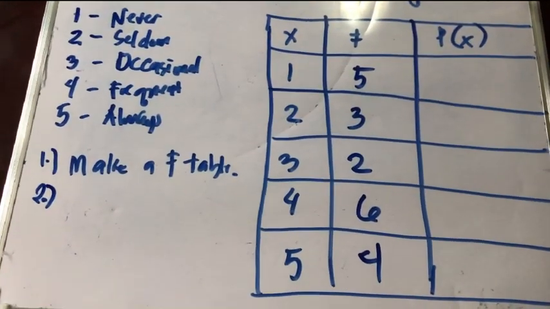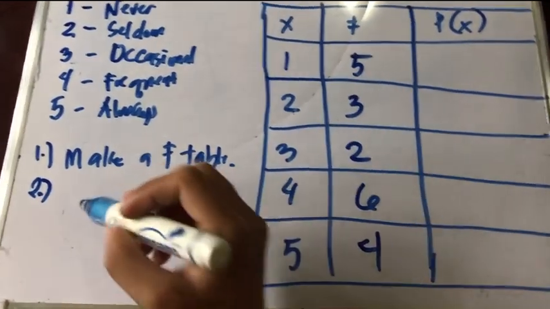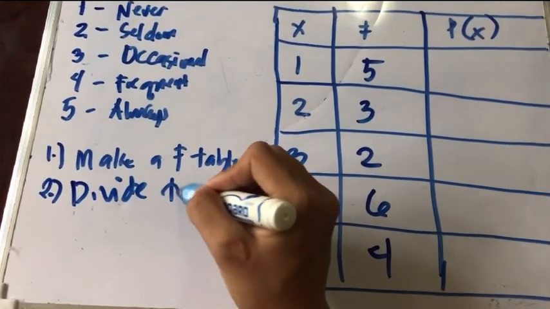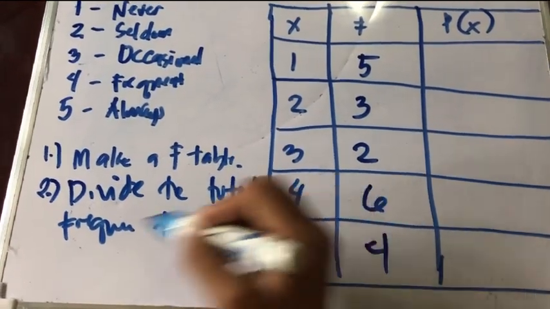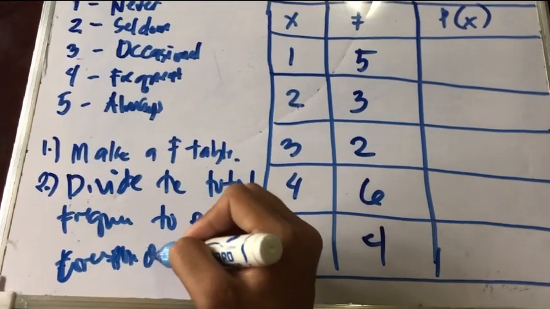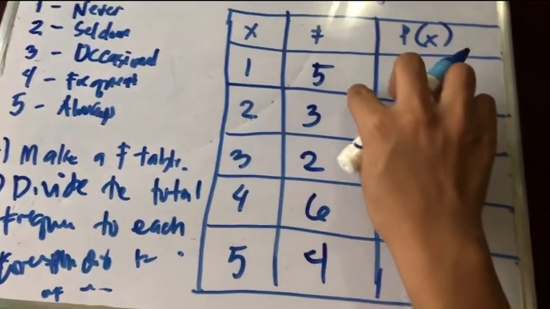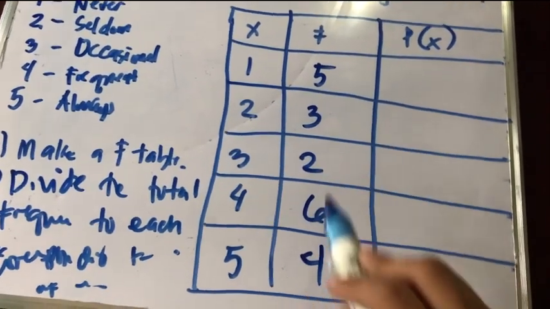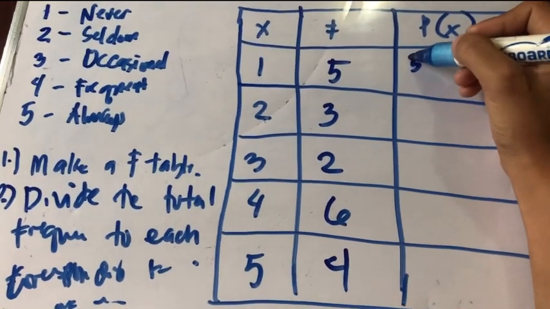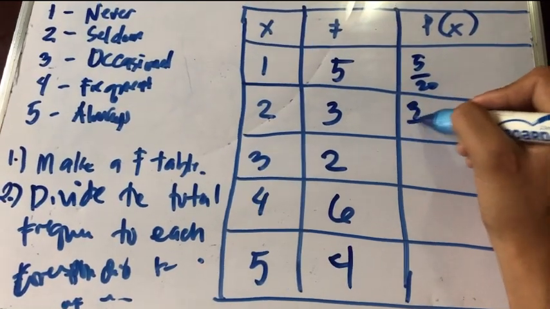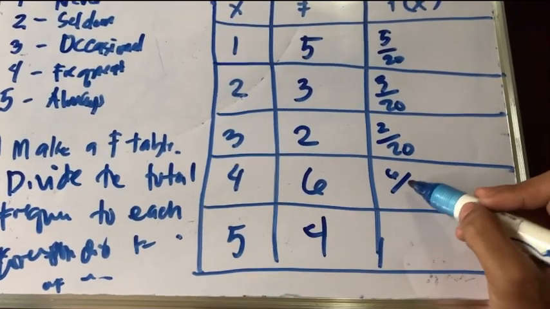So how do we get the probability? That is, how do we get the probability of each random variable? That is to divide the total frequency to each corresponding frequency of each random variable. So that means we are going to divide each frequency by the total frequency. So how much is the total frequency? That is 20. So here we have 5 over 20, 3 over 20, 2 over 20, 6 over 20,